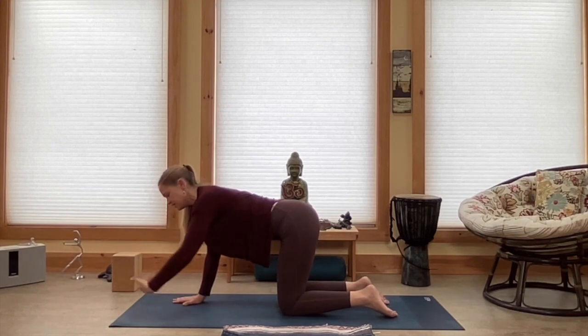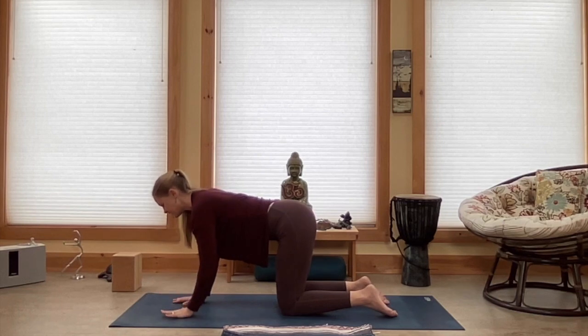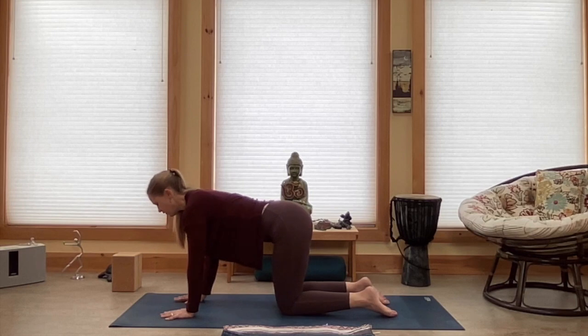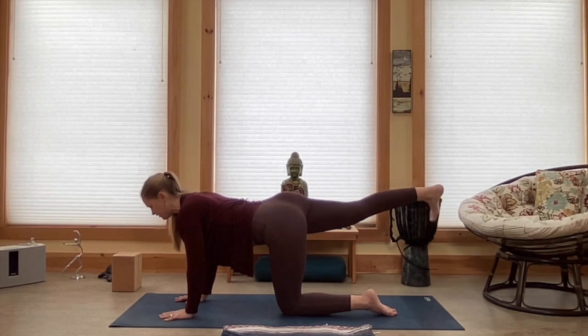Take the left hand, do the same thing with the wrist, circling, opening up some space in that joint, all the joints of the wrist. And then place that hand down, spread the palms, spread the fingers. Okay? Now with the upper body grounded here, feeling that support, take your right foot out behind, circle your ankle,